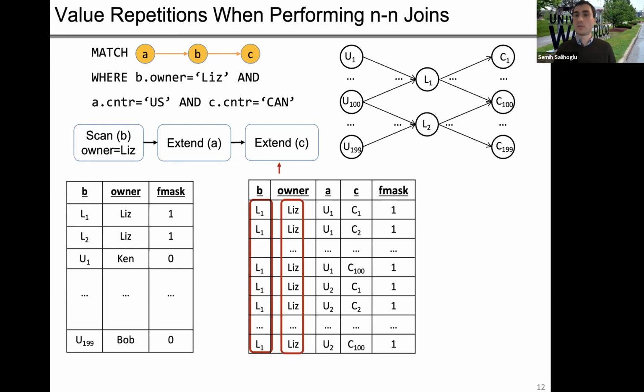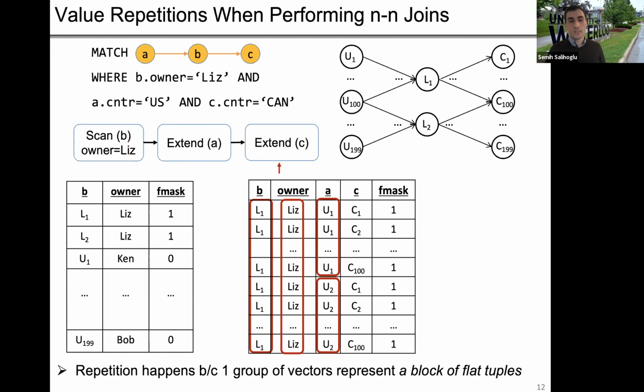Okay, so B is going to be repeated, the owner value will be repeated, so on and so forth. The A values will be repeated, right? And this is inevitable, and it happens because of the restriction of passing a single group of vectors or single group of tuples that are flat. And the solution to this is